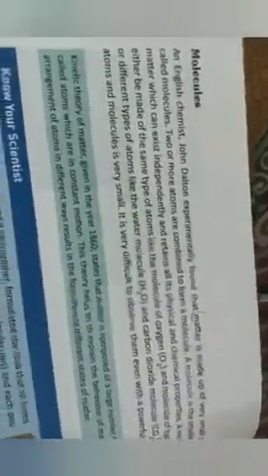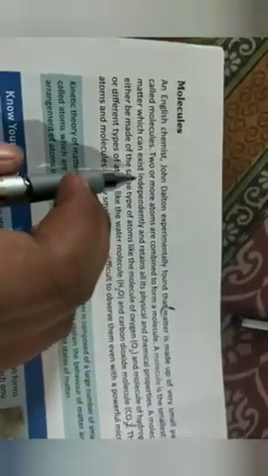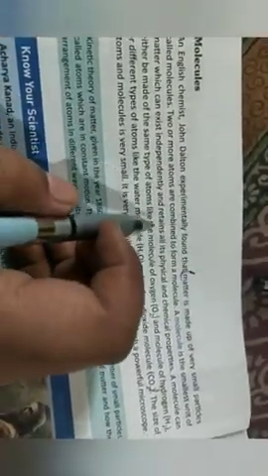So you will come to page number 2. Okay, so you'll write, matter is made up of, from here. Matter is made up of very small particles called molecules. From here you write up to carbon dioxide. So this is answer number one.